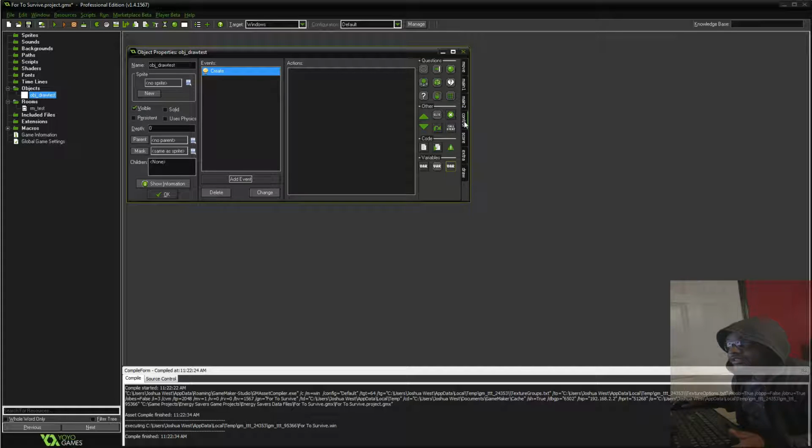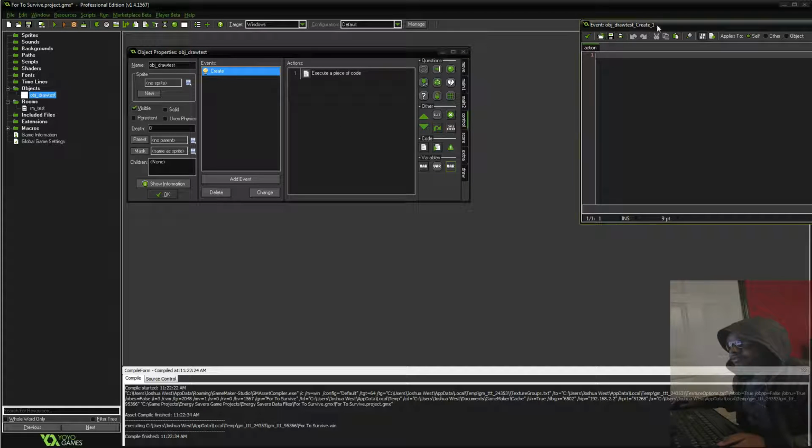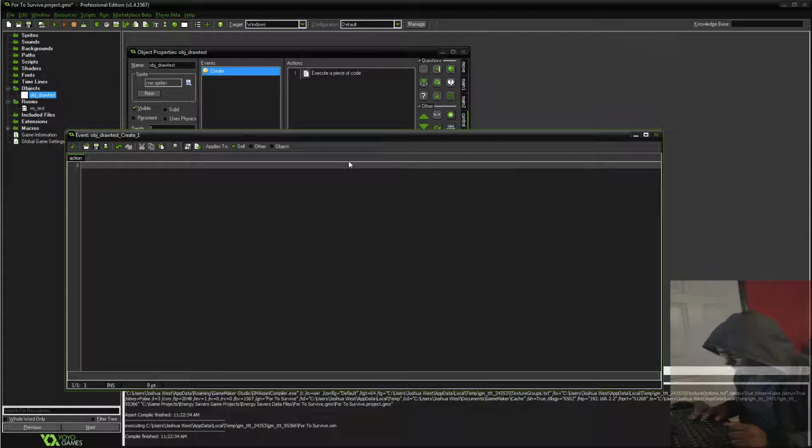Let's go ahead and hit the control tab and drag over this code action into the action field. A few quick things though before we get into actually programming the stuff for a future program. In GameMaker Studio, you do 3 slashes like that, it will actually change the title of that action to whatever you type after the 3 slashes. So in this case we'll just do setting up